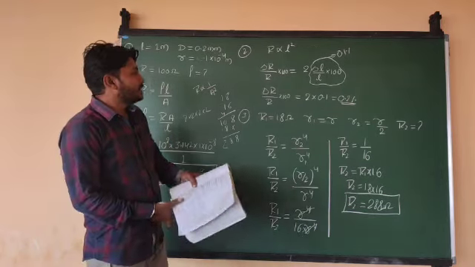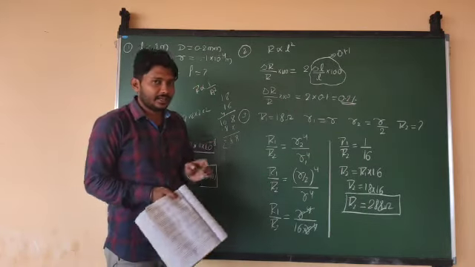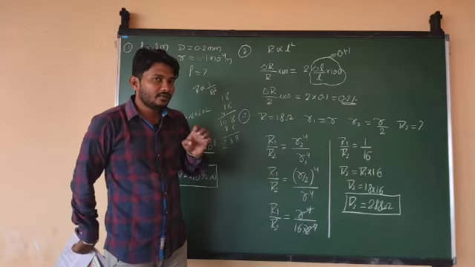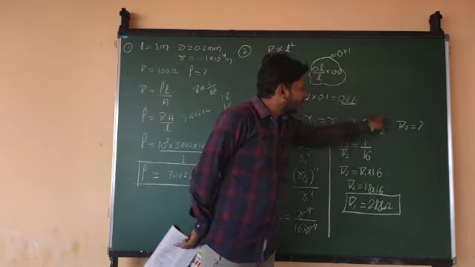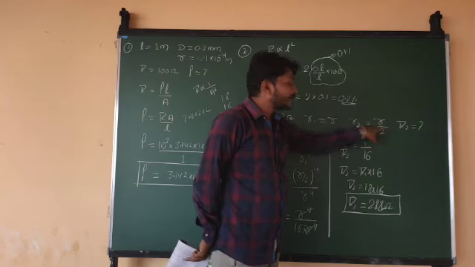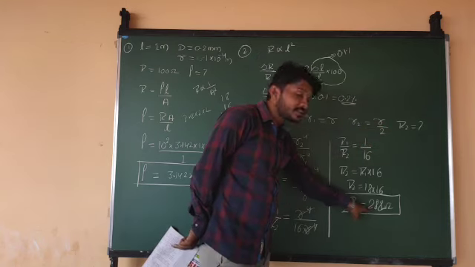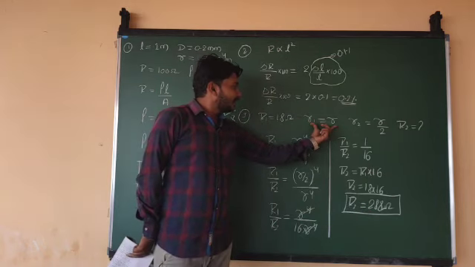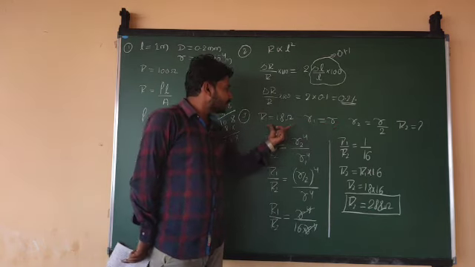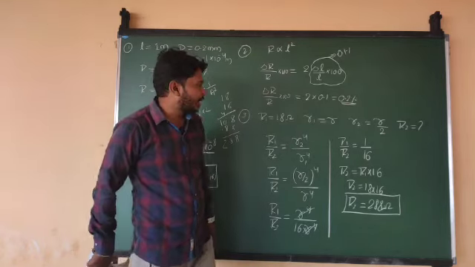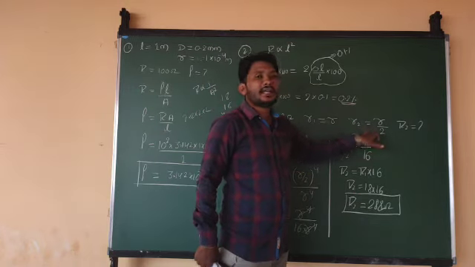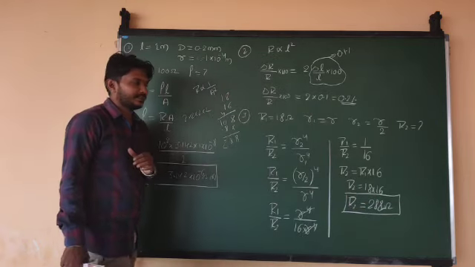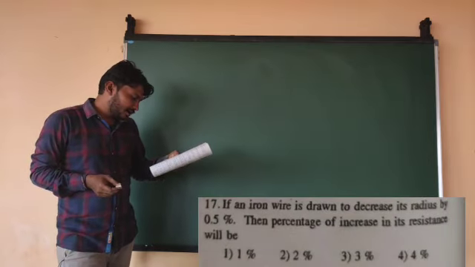So look at here. Theoretically I know that resistance and radius, or resistance and area, are inversely proportional. As the radius is decreased, what about the resistance? The resistance value will get increased here. So look at here, the initial radius is this much. For this radius, this will be the resistance value. So if I reduce its radius value, then automatically the resistance value will get increased here. Okay, so we'll look at the next one.